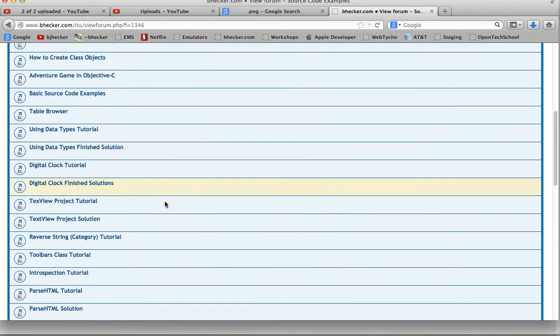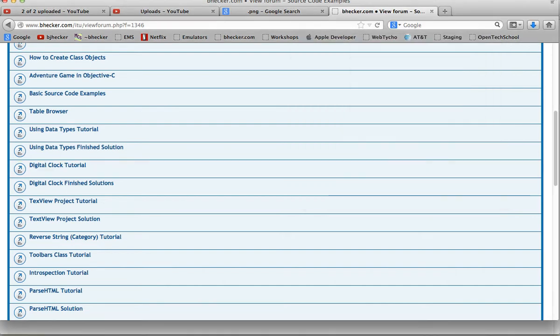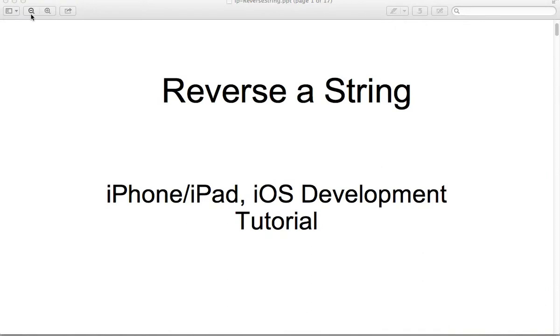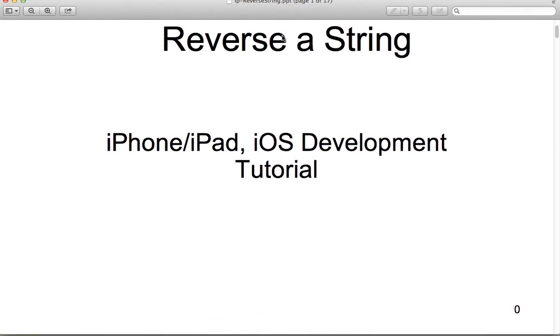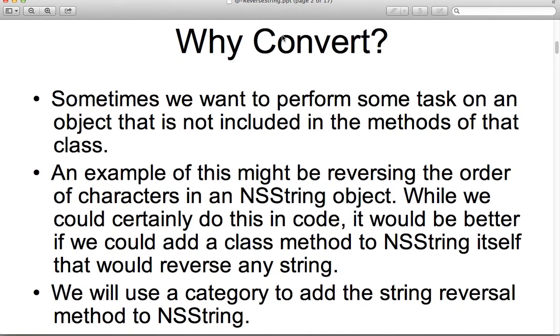This one is going to be the one that's called reverse string category tutorial. So reverse string category tutorial, it's PPT. So there is no solution on the PPT file. I did not put one together, so you'll have to build it yourself. You can't cheat with the final solution. So if you open up the PowerPoint, we see this here. Most of this tutorial is a bunch of lecture stuff, so it's partly lecture, partly